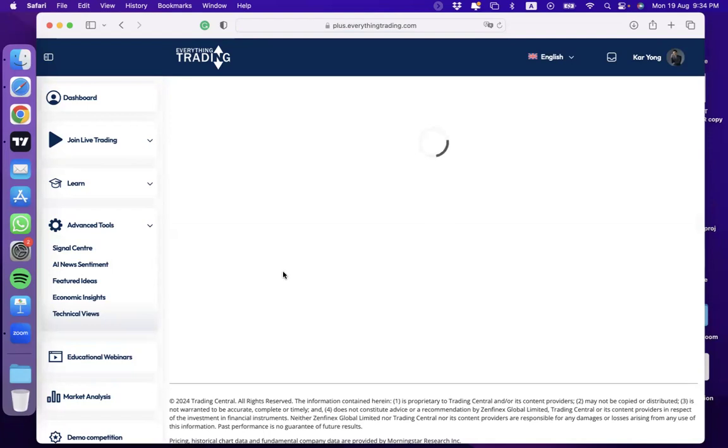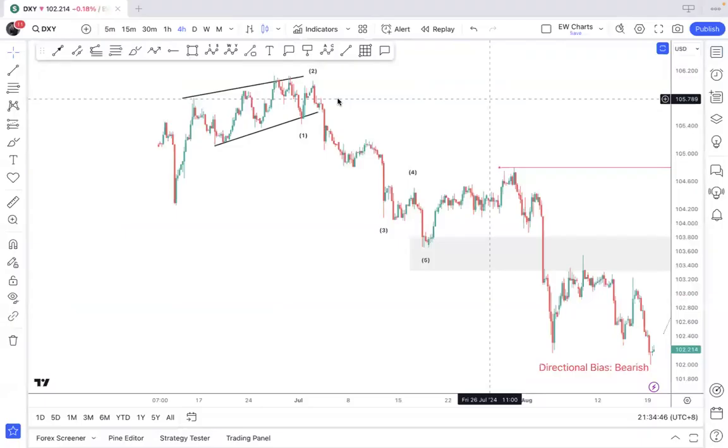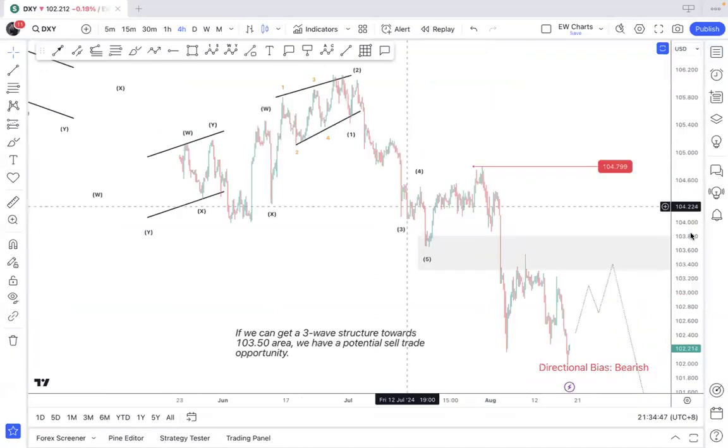Now this week, overall events are slightly less as compared to last week. For this week's events calendar, the focus is gonna be very much on the Canadian side of things. On Tuesday we have the CAD CPI, and on Friday, we have the Canadian retail sales. So if you're trading anything related to the CAD, just expect a little bit more volatility coming in.